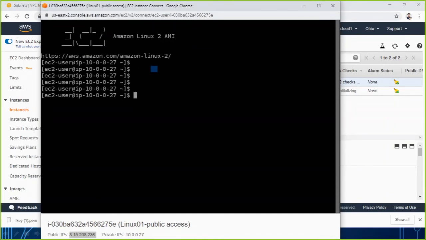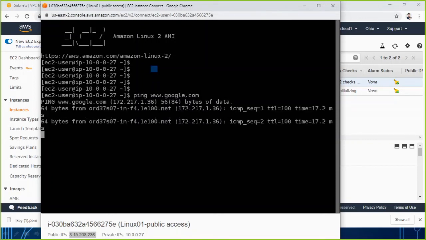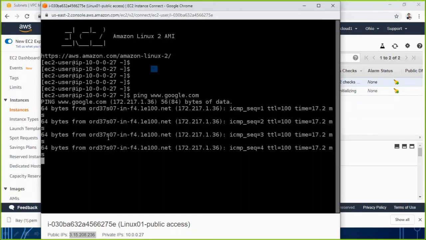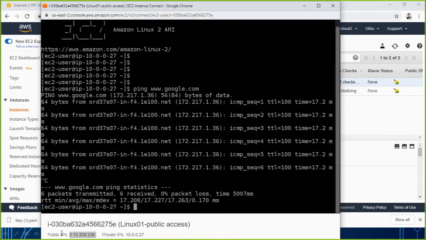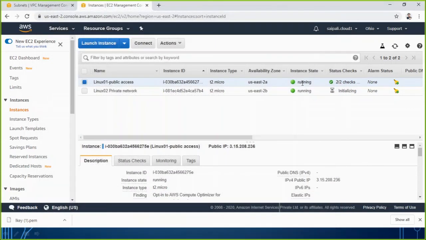It has internet access also, and of course without internet access I can't even access it. So it has a public IP, it has a private IP address also, and the private address is 10.0.0.27. Where if I talk about the second one, which is almost ready.